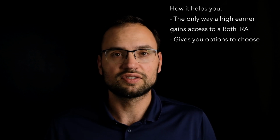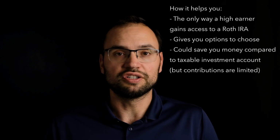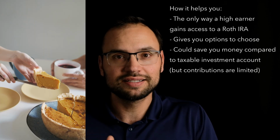If you're considering this or like a taxable investment, for example, the problem is that whenever you make money through gains or dividends on your taxable, the government sees that as income and they say, hey man, give us our slice of the pie this year. You made money, I want my cut, give me my pie. The great thing about the Roth is it's sheltered from that tax,